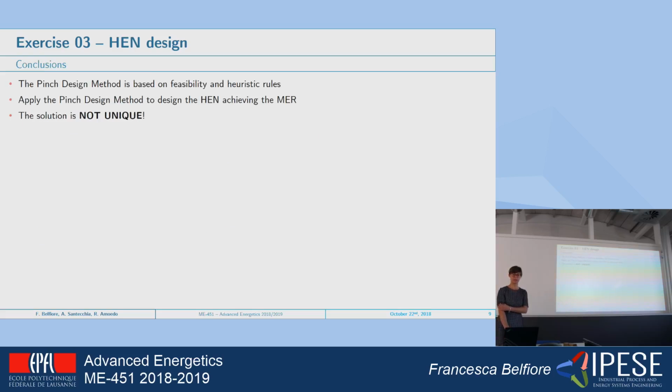So finally, you can compute the cost by summing up the investment cost of all the heat exchangers and the operating cost of the external utilities, and in this way you have achieved your heat exchanger network design. But you must remember that the solution is not unique, as the professor also mentioned, because you have a lot of degrees of freedom in your problem. So I would suggest that you start looking at the exercise. You can start with this example and go on with your heat exchanger method.